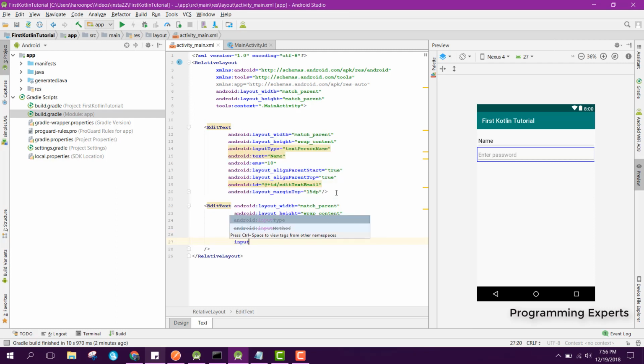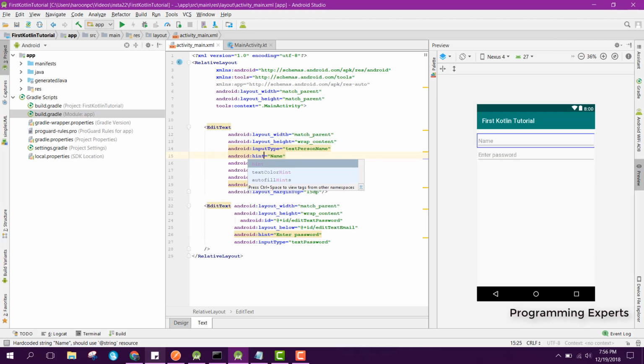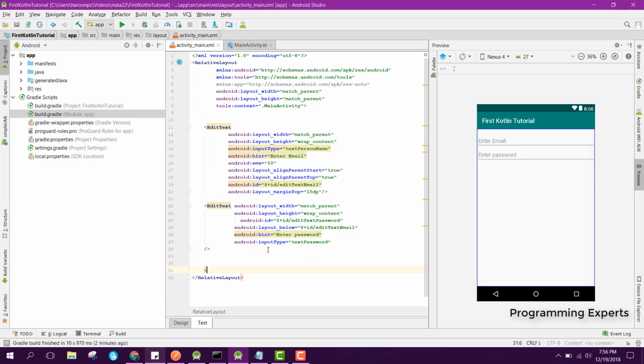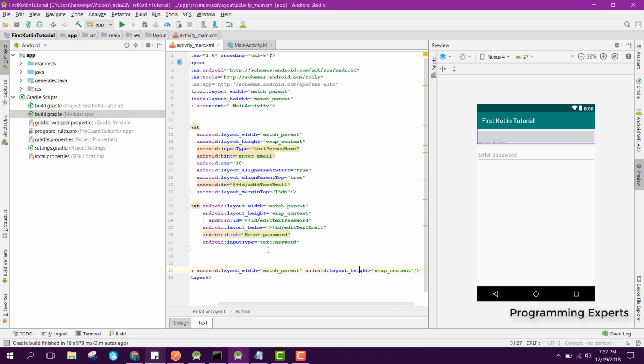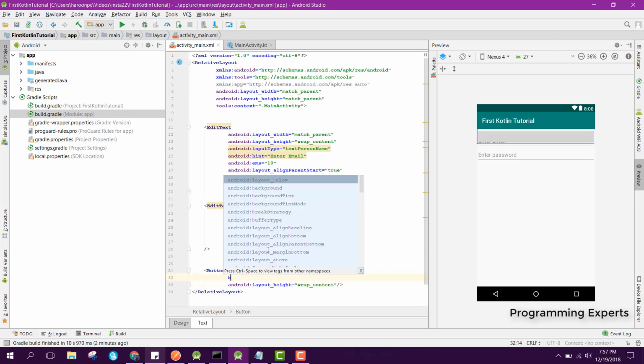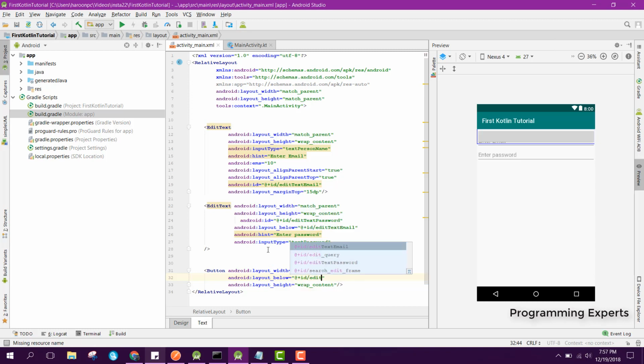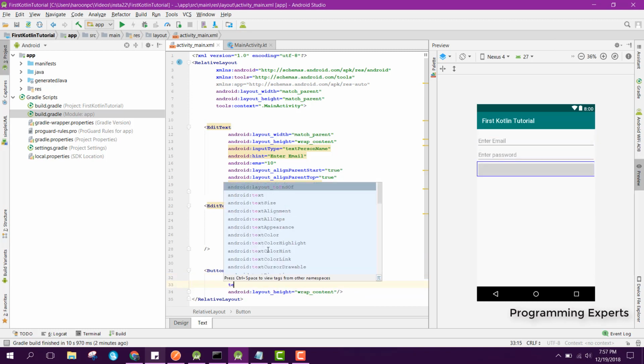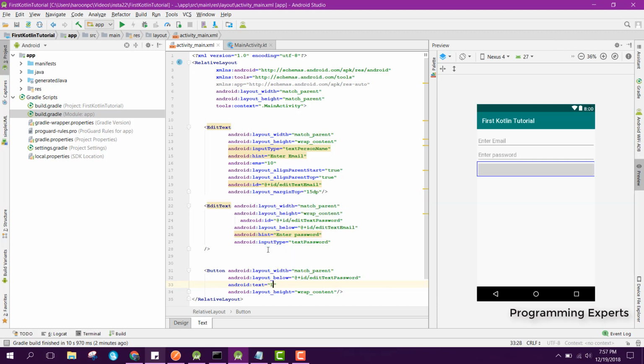And here we need to write input type equal to text password, and instead of this text we can say hint. Okay, and we can say enter email, then we can say enter password, and after that we should have a button which will be match parent and wrap content, and it will be below edit text password, and we can set the text to login,